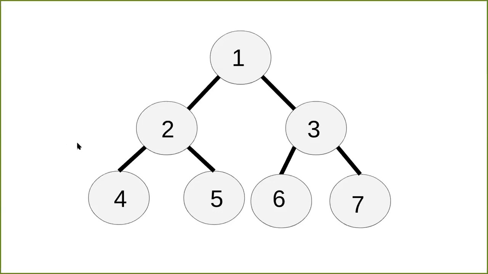For example, let's remove 6 and 7 from this tree. So now 3 would be a leaf node for now. Can I say it is a perfect binary tree? No. Why? Because reason number one is 3 doesn't have any children, since we have already cut 6 and 7. And reason number two is that all the leaf nodes, which are 4, 5 and 3, are not on a single level. So these are two reasons for which, if I cut 6 and 7, it would not be a perfect binary tree.